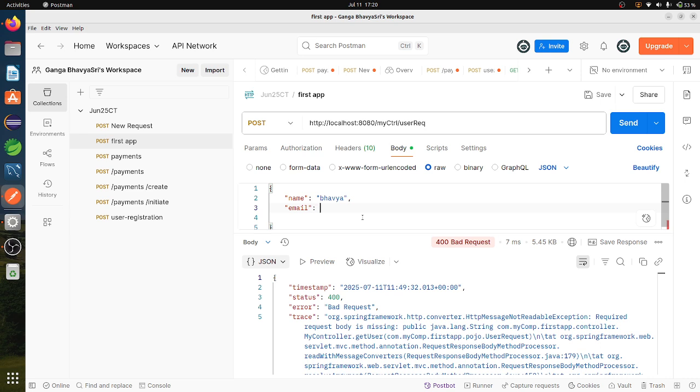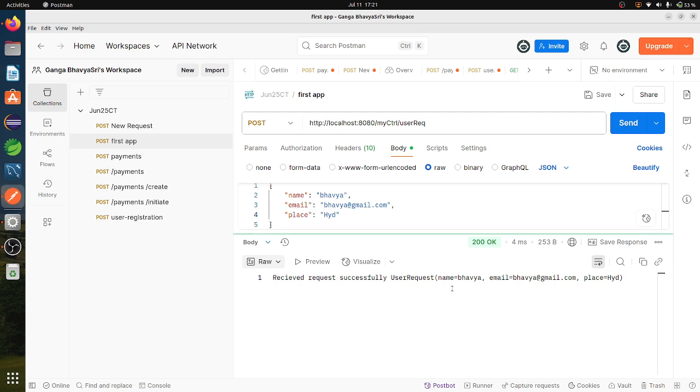Email. And then place. So that's it. If I pass this one, then it will return a string value with these values also. It is returning me the request also.